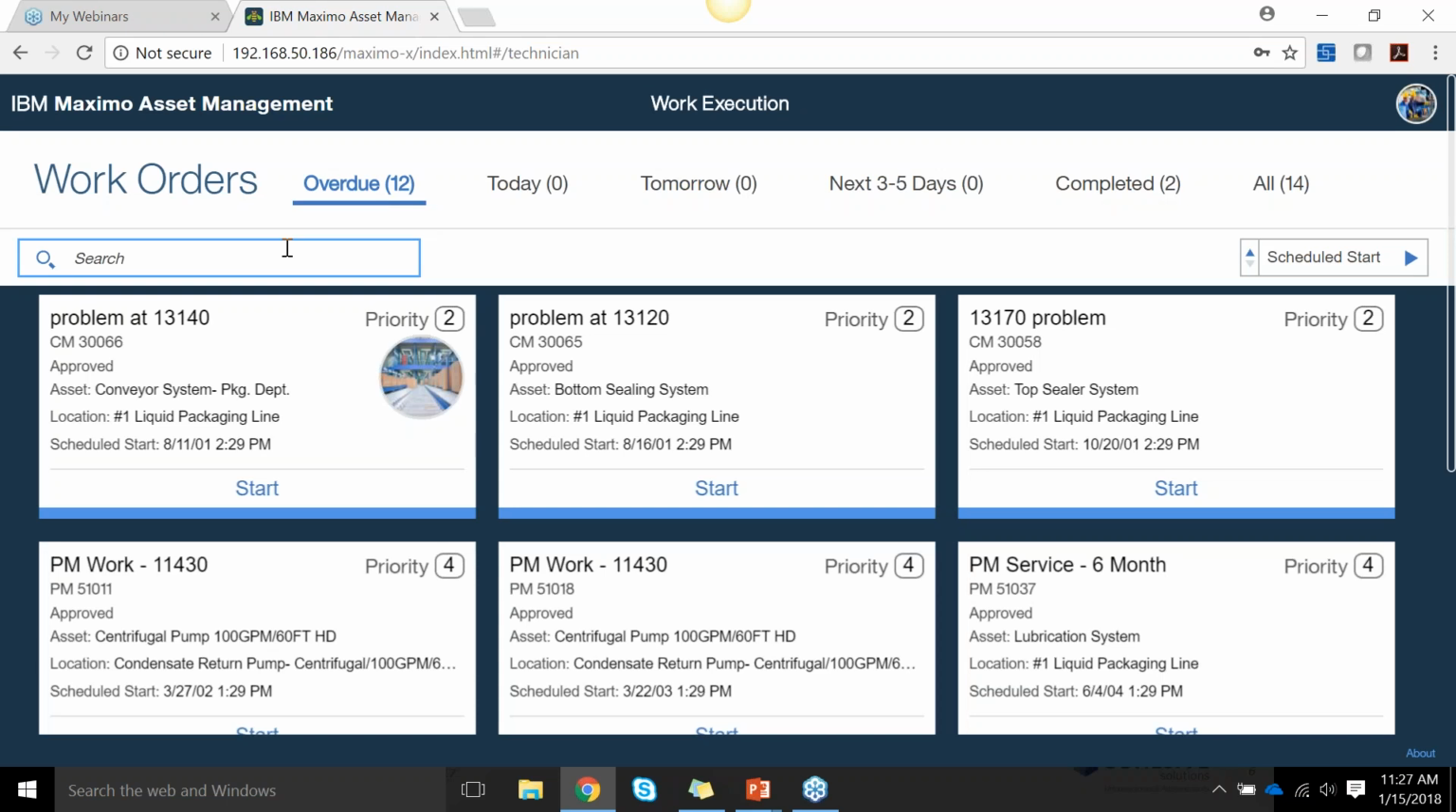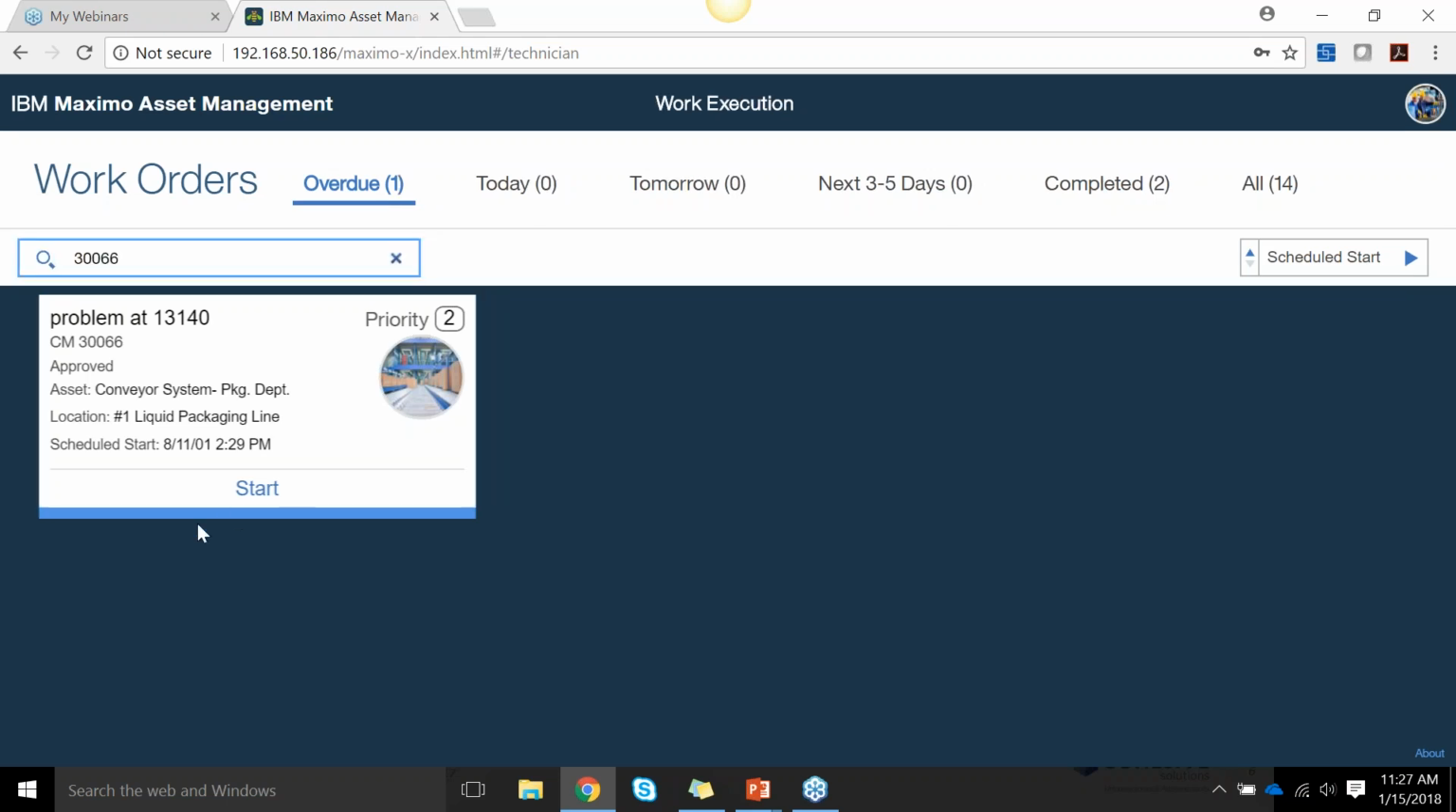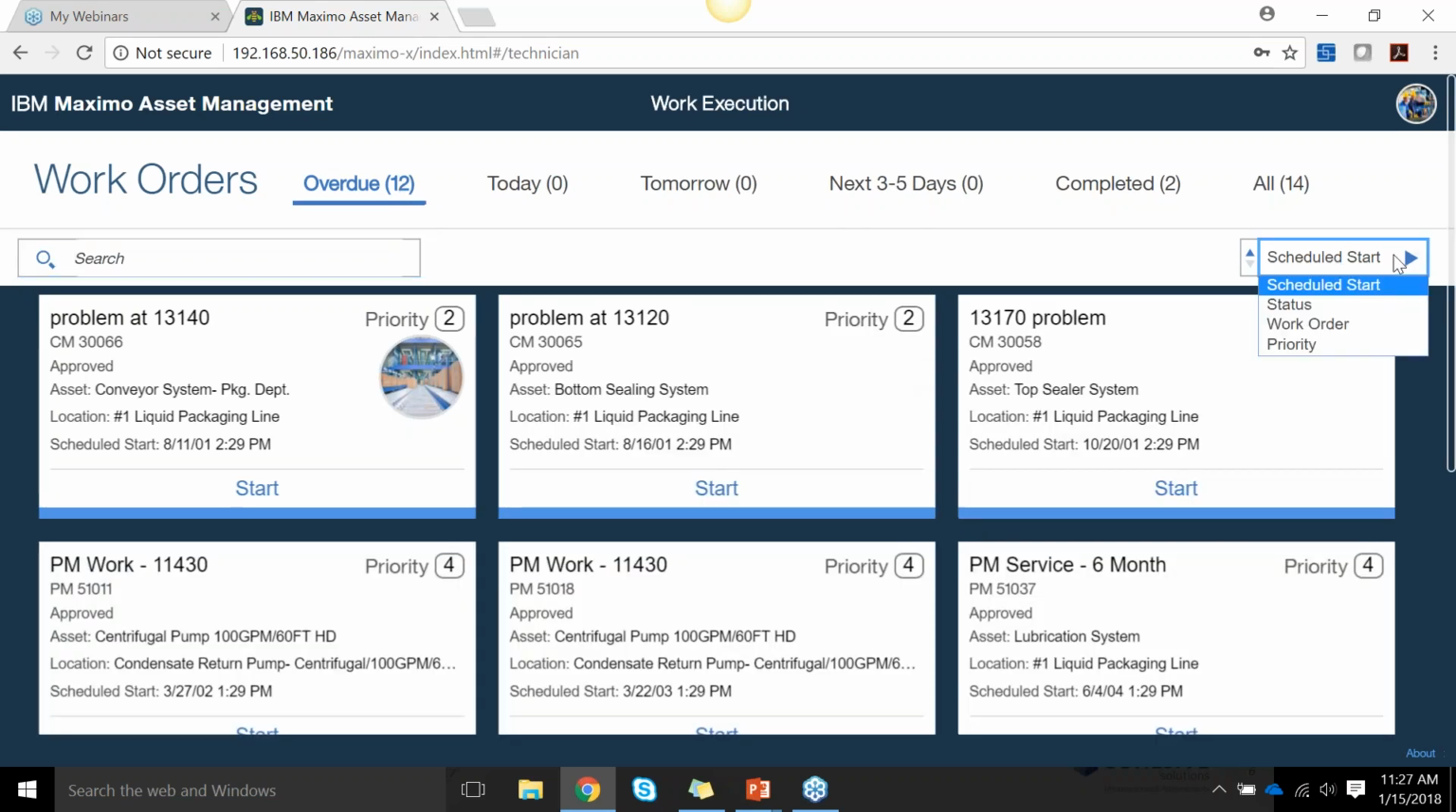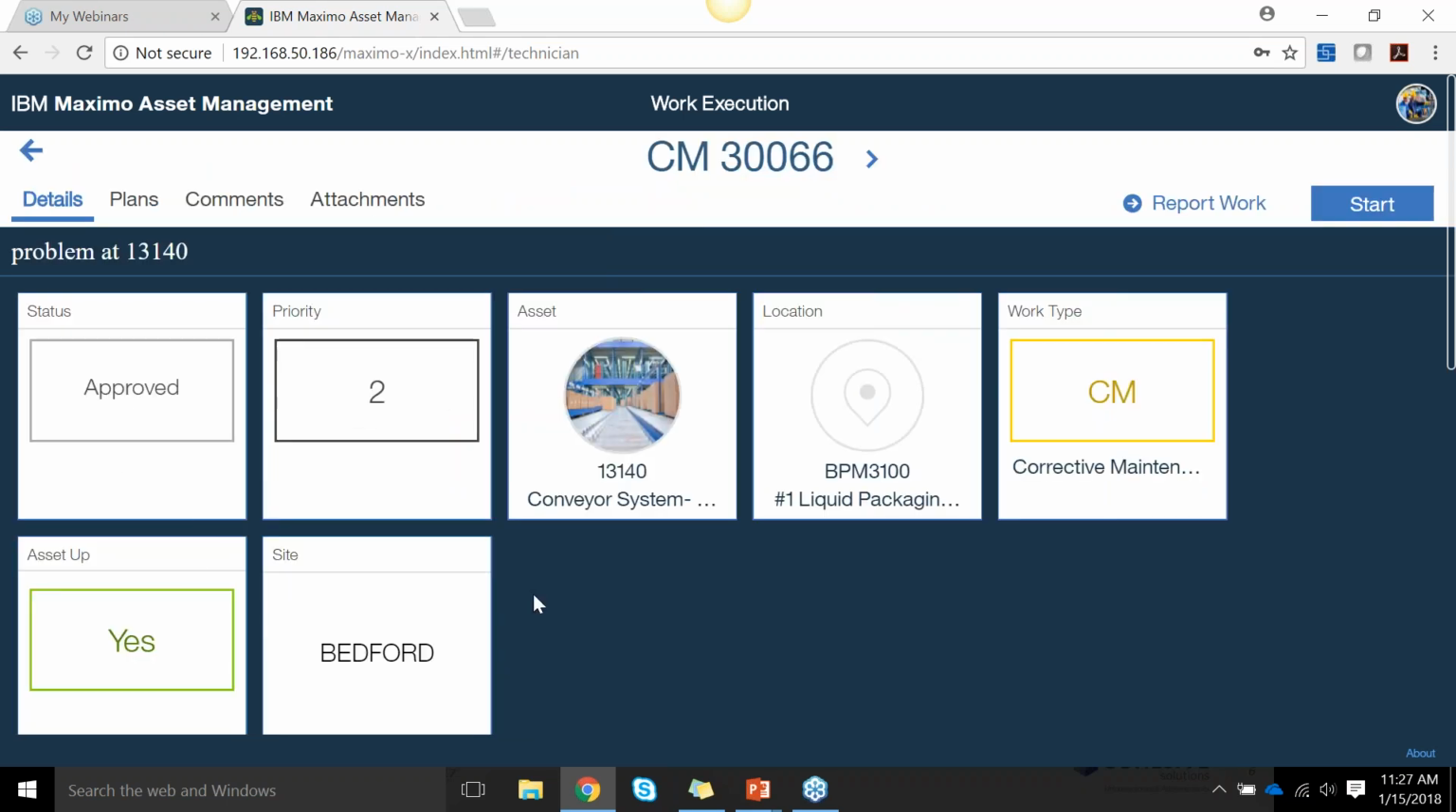The search functions in here function exactly like the search in the Supervisor Work Center that we took a look at, and the sorting as well. So I can come over here and look at scheduled start, status, work order, priority. So let's open up one of these cards here and take a look at what's going on. So I've come in here, and now this is my view of this particular work order,